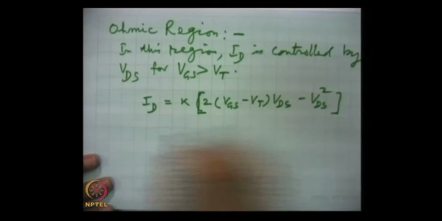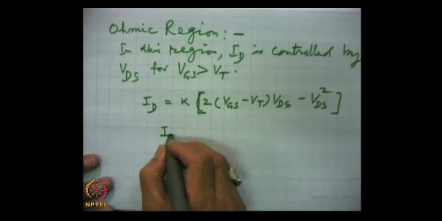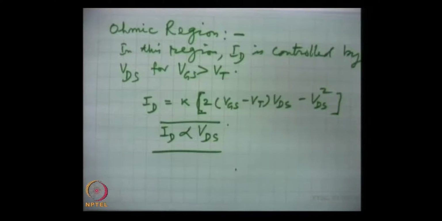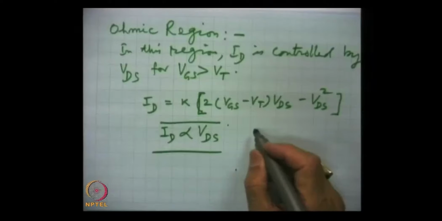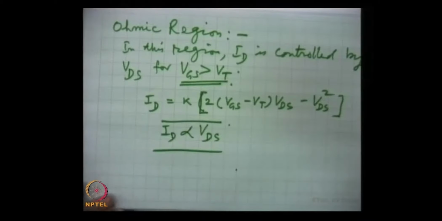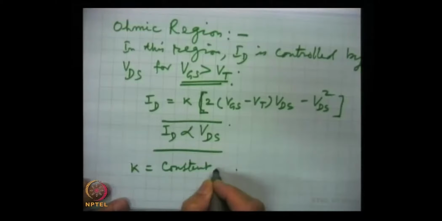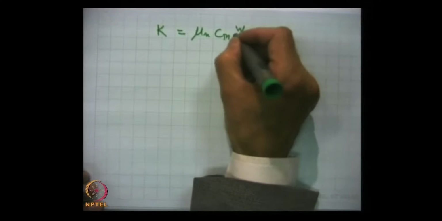From this expression we can write that drain current is proportional to VDS, and this constant K. This is true under this condition, and in this equation K is a device constant, and K can be shown to be equal to mu n Cox W by L. This is the expression which defines this constant K, the device constant for the E-MOSFET, and in this